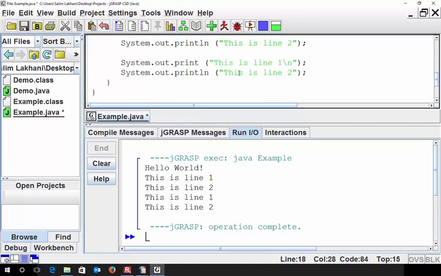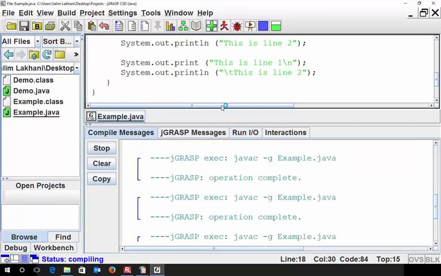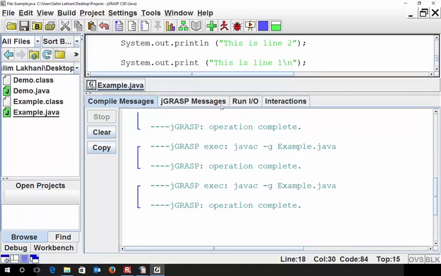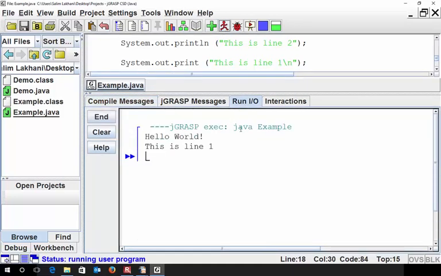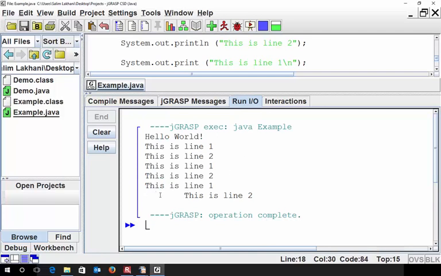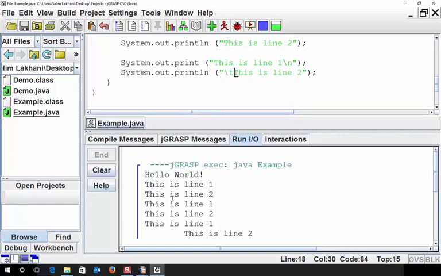Okay, so I'm going to put a \t in there, and then I'm going to compile this. Okay, I'm going to go to run, clear this out, and then run it. And you can see that there's some blank space in there. The reason is because I have a \t in there, so it's going to put a tab in there. Now this is going to be really useful,